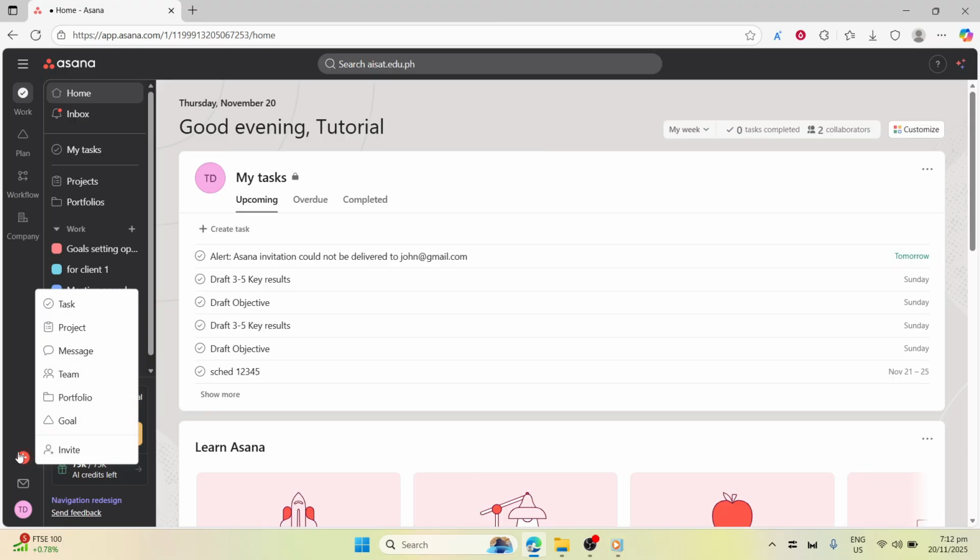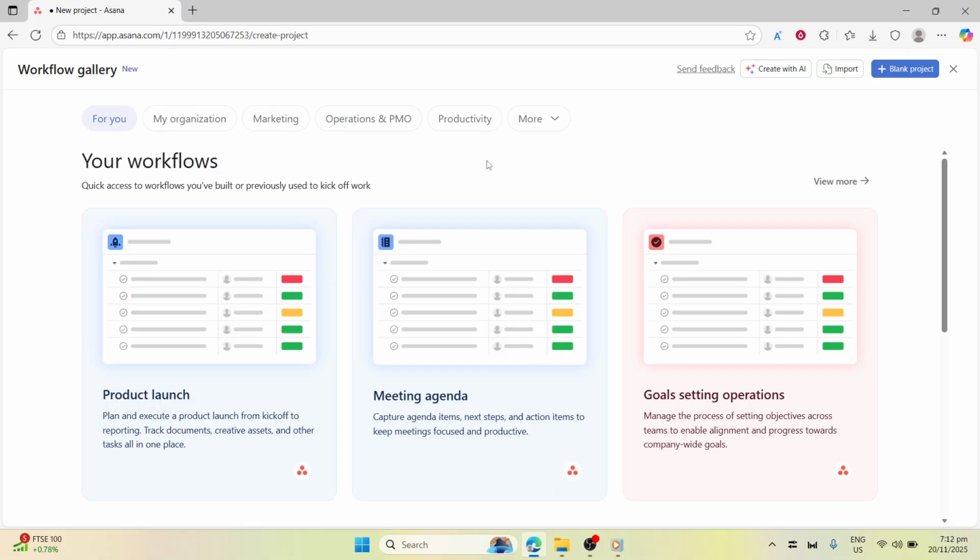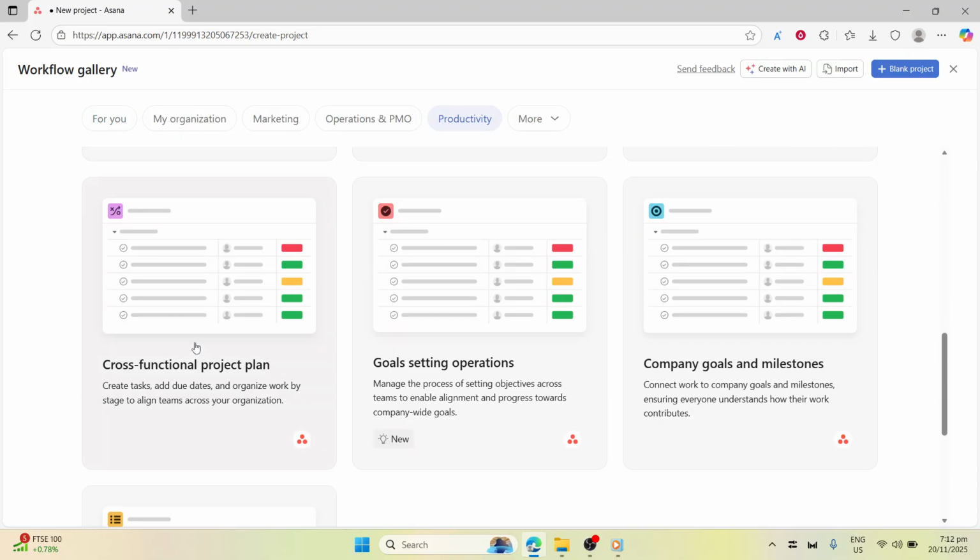Once you're in, create your first project from the left-hand menu using the plus or create button. You can start with a blank project or pick a template geared towards schoolwork, like group projects or research. Give your project a clear, specific name, something like history research paper or biology group project, so it's easy to